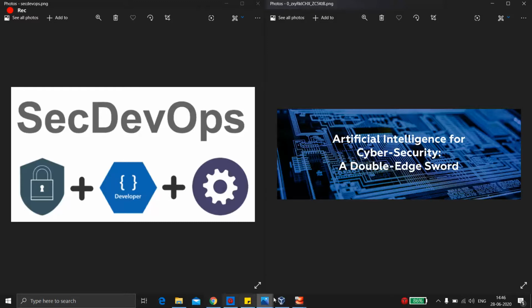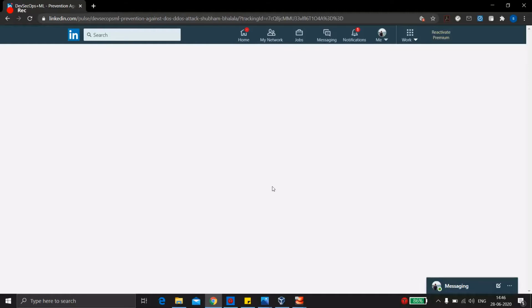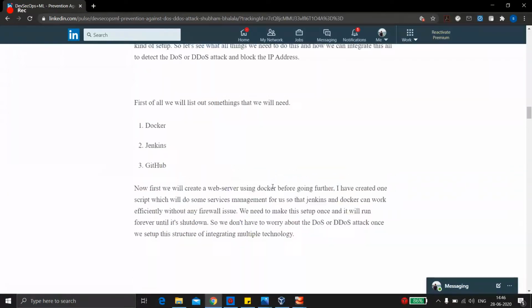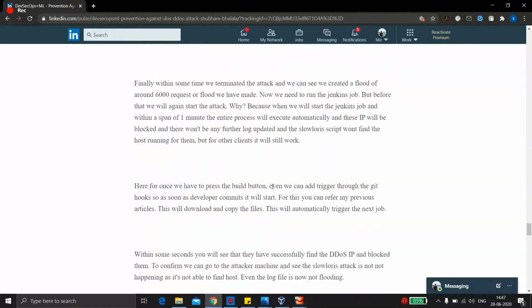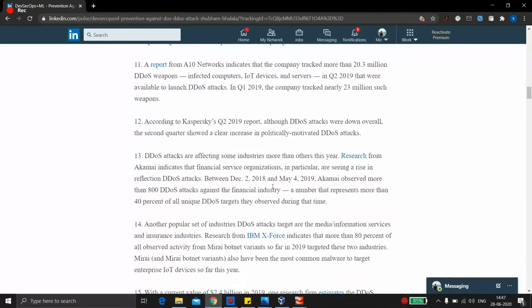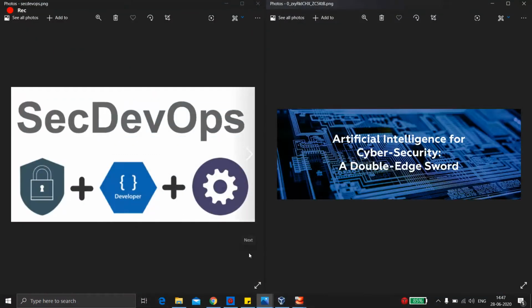I've even made a write-up for it. You can see it on my LinkedIn, where I have explained everything in detail, like what DOS and DDoS are, how to perform the attack, and what code I have written for the k-means clustering. I'll also show you how to do a DOS attack on a web server in multiple ways. We'll be using a DOS attack from Slowloris.